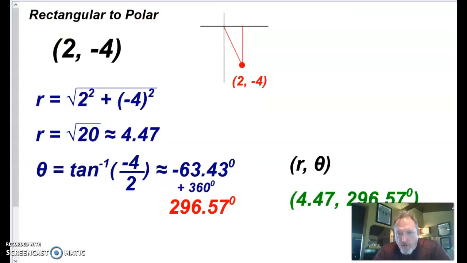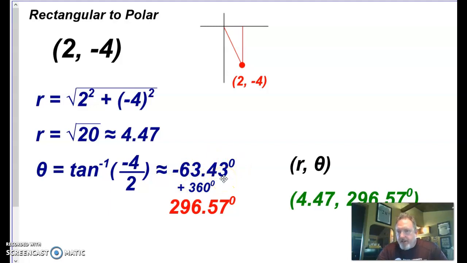All right, here's the aforementioned (2, -4). We know that is a point down here in the fourth quadrant. To get our r value, we're going to square both of those. Remember, when you square a negative, you do get a positive. So this is 4 plus 16, or the square root of 20. Our r value is 4.47. When I take the inverse tangent of y over x, -4 over 2, or inverse tangent of -2, my calculator is going to tell me